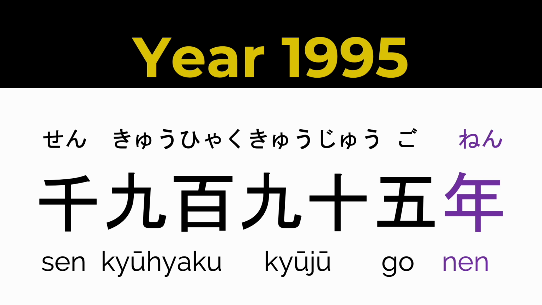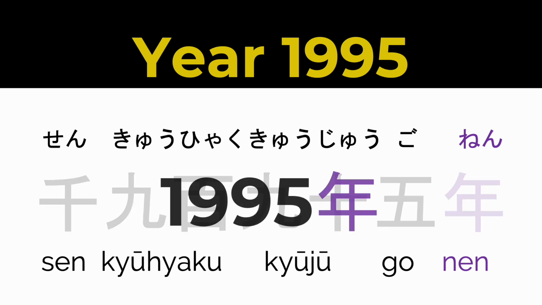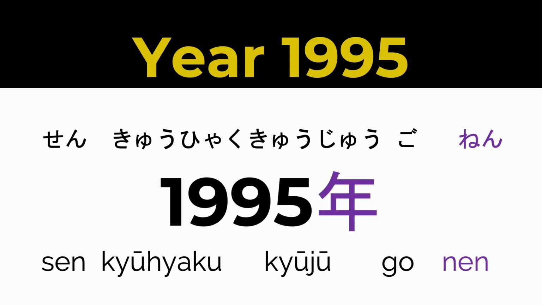Alright, now let's look at the year 1995. While learning the numbers in kanji is important, in modern Japan, regular numerals are used most of the time, so write it as 1995 and nen. 1995年。